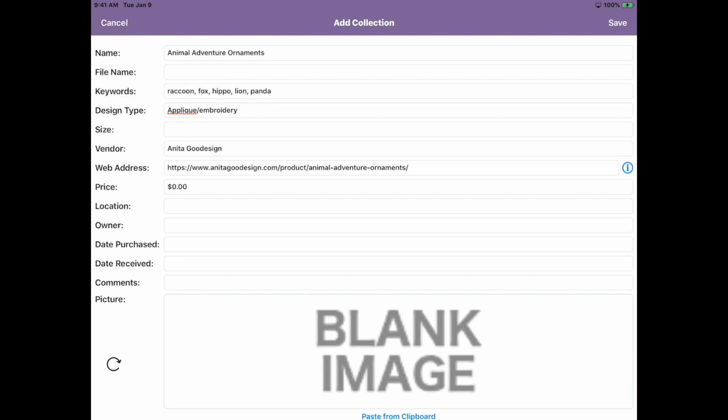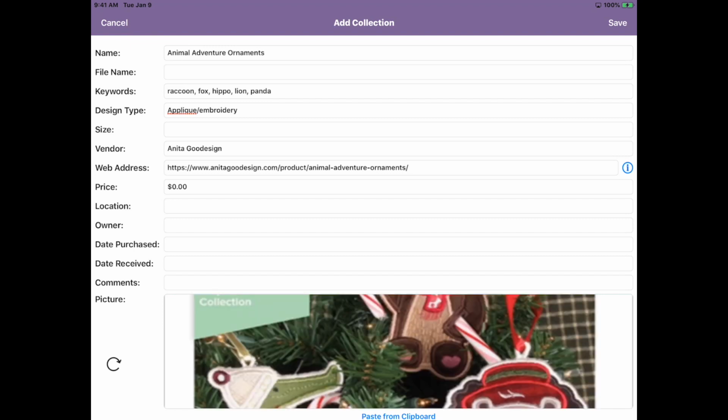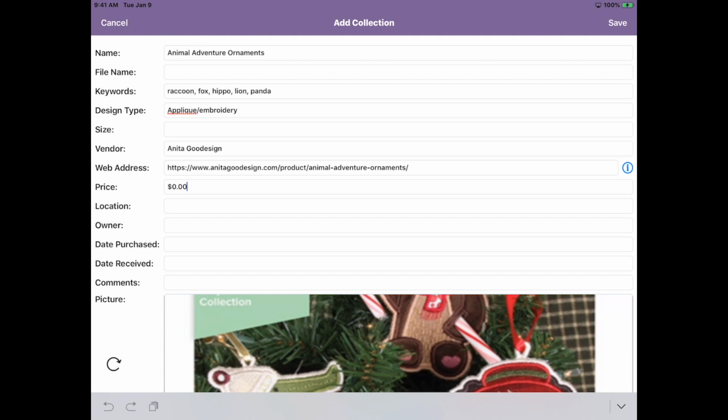And notice in the bottom, where its picture is going to go, it says in blue in the middle at the bottom, paste from clipboard. I'm going to go ahead and tap that. And there goes the image. Now I'm going to go to price. And remember I said it was $34.95, and the format for that is just type in